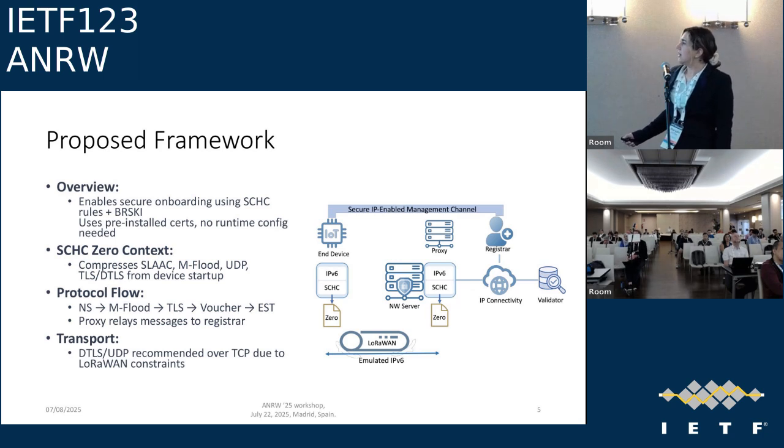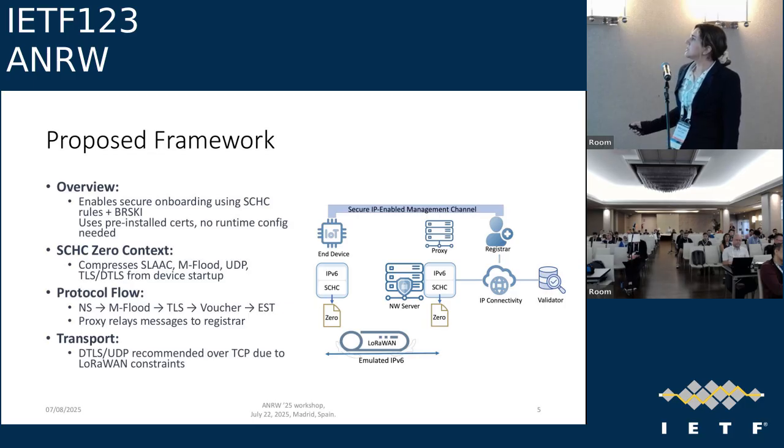For example, first we have SLAAC, which is a method to create an IPv6 address for the constrained device, which was not defined before. And to pass the neighbor solicitation inside this, we need to compress it with SCHC, and also the mFlood to identify the registrar by the proxy in an autonomous way without human intervention, and so on, using the TLS and